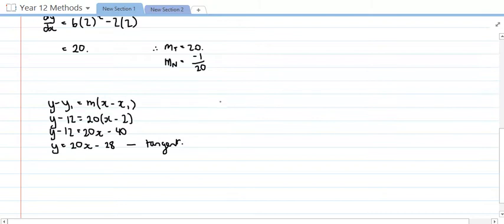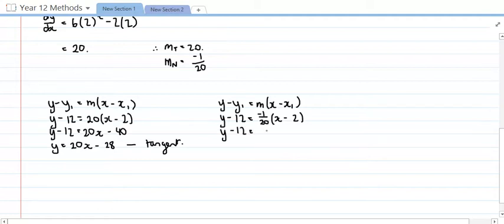I'm also going to do the equation for the normal, so again, writing y take y1 equals m bracket x take x1. This time we've still got the same x1 and y1 values, but the gradient this time is -1/20 at the front of x take 2. So y take 12 equals -1/20 x, and then that's going to be plus 2/20, which is actually just 1/10. And then I need to add 12 on both sides. So y equals -1/20 x